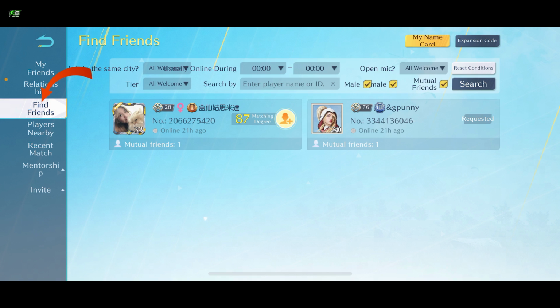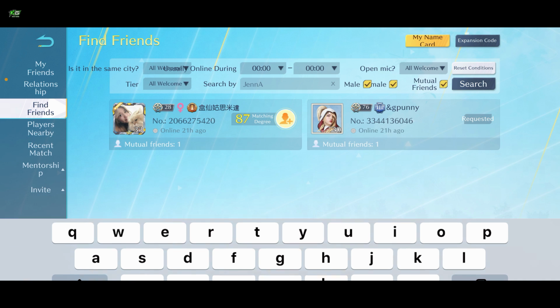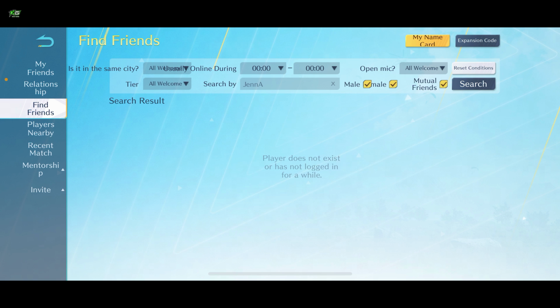Simply go to the Find Friends button on the left hand side menu and then you can go ahead and search for the username or player ID of the person you are trying to add. You can also filter search from the same city, online during options. I'm just gonna go ahead and enter a name in the search by text box. After typing down the name, click on search and then you will be able to search for the person from